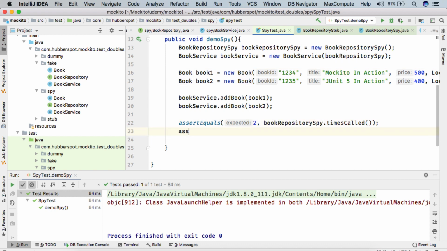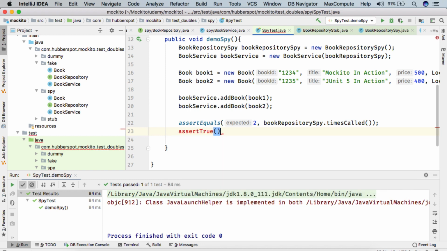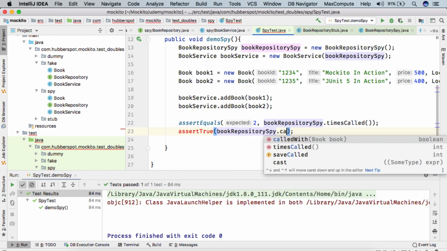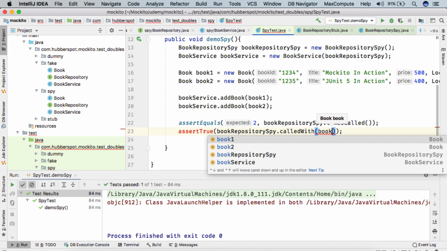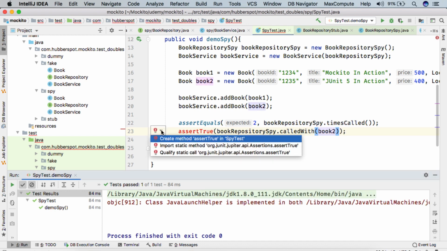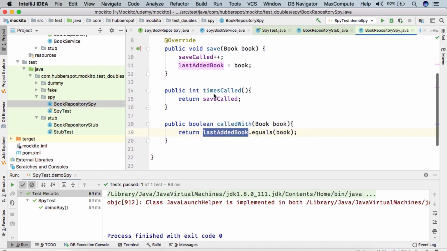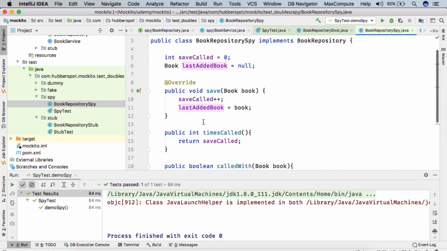so it verifies that book repository save was actually called. Now we'll again provide an assert. Let's say assert true. We call book repository spy dot called with, and let's say we provide book 2. So here if we go to called with, it simply lets us know that whatever book we are passing here is the book which was last added when the save was called.